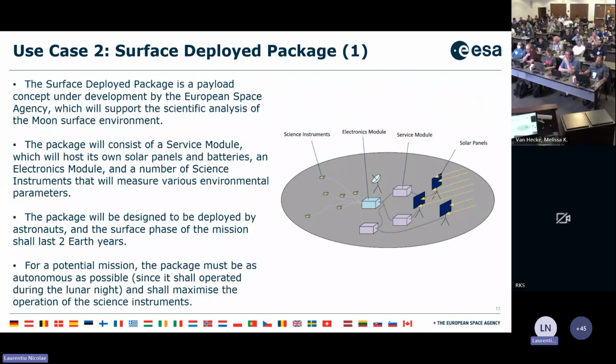And the next use case is a payload that is under development by the European Space Agency, the Surface Deployed Package, which will support the scientific analysis of the moon surface environment. The package will consist of a surface module, which will host its own solar panels and batteries, an electronics module, and a number of science instruments that will measure various environmental parameters. The package will be designed to be deployed by astronauts, and the surface phase of the mission shall last around